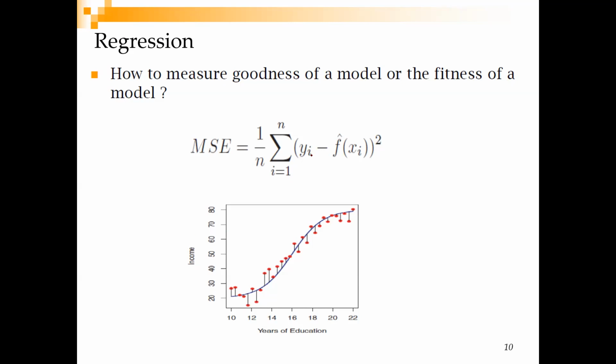Basically what we are doing over here is finding out the actual value like we do in classification, and in regression we are also finding out the expected value. So xi is the input, and this f bar xi tells you that based on the values of xi, what will be the predicted value of yi. And now this blue line is your model, and these red circles are your actual points.